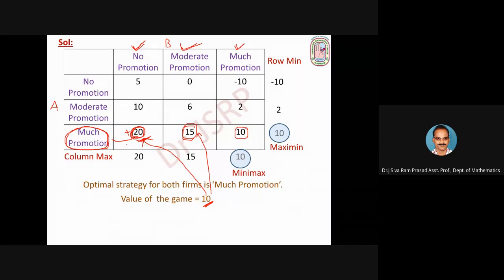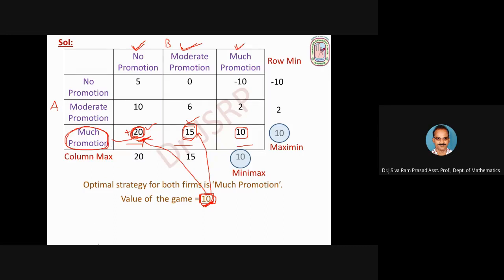Okay. So by observing these 3 points, if player A follows theory and player B does not follow theory, then the gain of player A increases above 10. In the first case it is 20. In the second case it is 15. So if player A follows theory, his gain always increases above 10. Okay. So that is one perception.